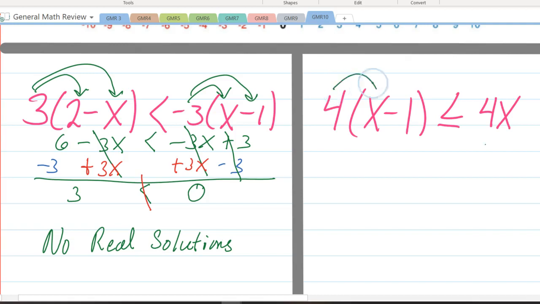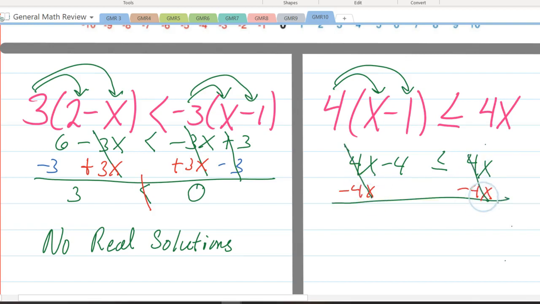On the right-hand side, I need all my x's on one side, so I'm going to move this 4x to the right. Subtract 4x, subtract 4x. The 4x's cancel, and that leaves me with -4 is less than or equal to 0. This is a true statement. Notice, this is a true statement. Because this is a true statement